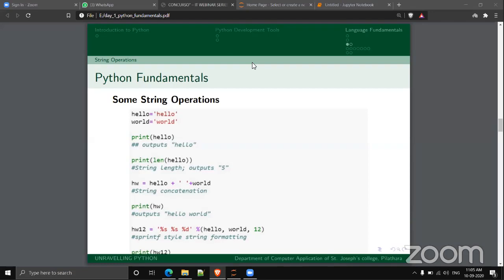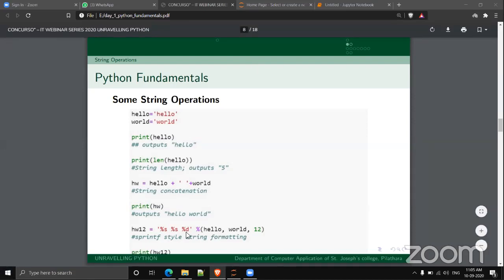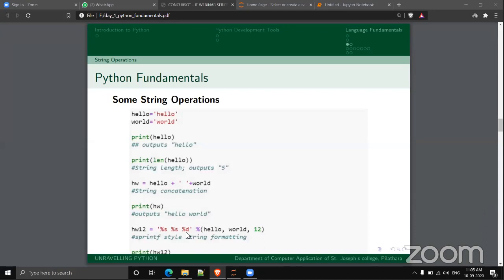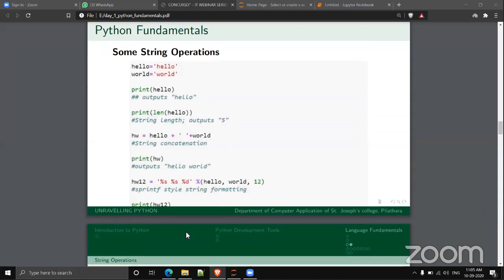Just share your screen, we can resolve it.